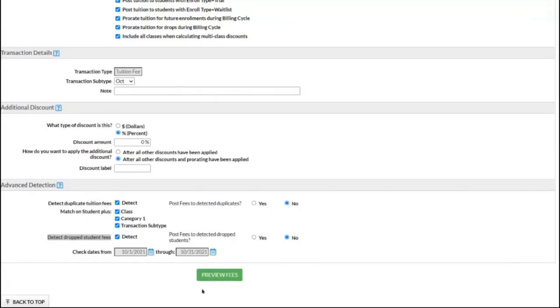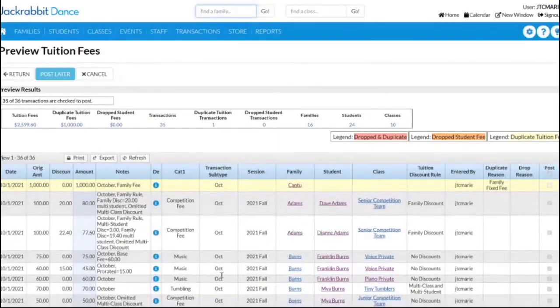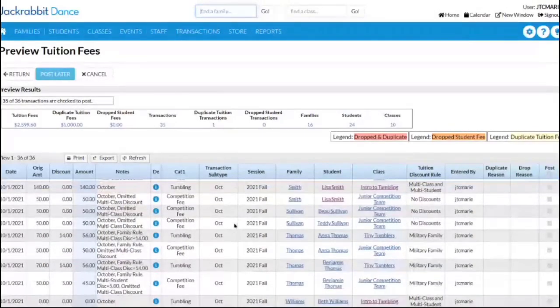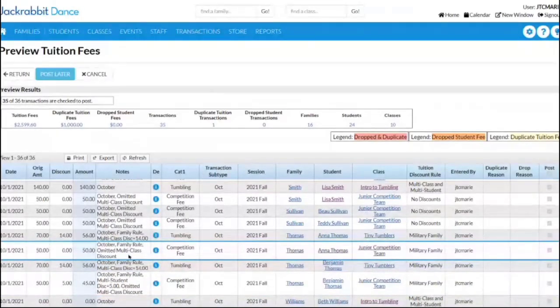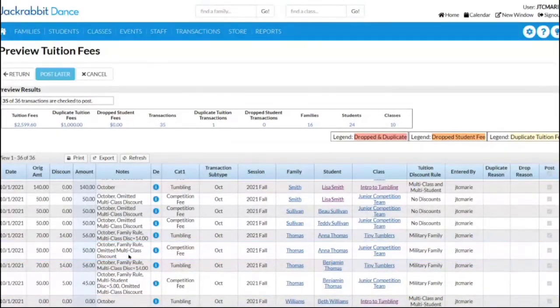So now, just like always, I'm going to go ahead and preview. You can see on my list, I only have one possible duplicate. And because I had in my setup chosen to not post, that fee is not going to post to that student, or to that family rather. Then what you'll want to do is come down here and just double check, maybe have some families in mind that you like to cross-reference. Like for example, this competition fee, category 1, those classes, I've got it set to be excluded from my multi-class